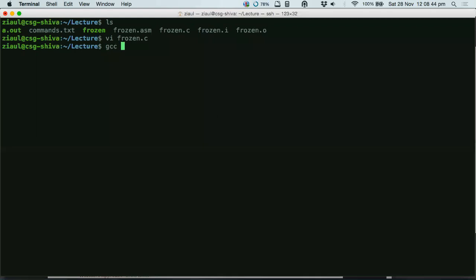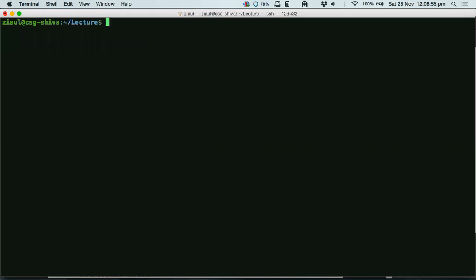How do I run it? I just compile it and run it. I will again come to the details of the compilation later on. Now, what has happened under the hood? All the steps that I described to you in the last lecture, the compilation, then assembler, then linker, and then finally loading, all this has happened in just a click of a second, and then you are able to run your code.